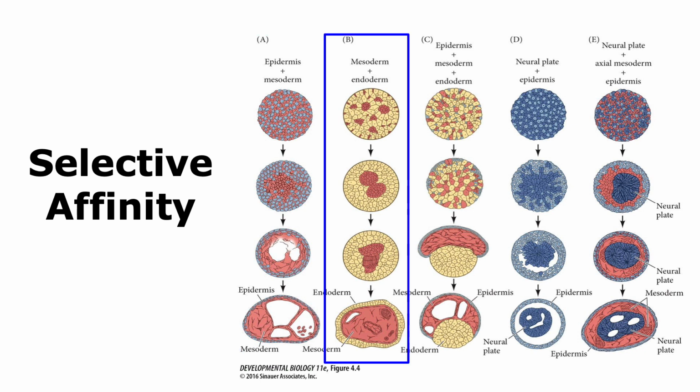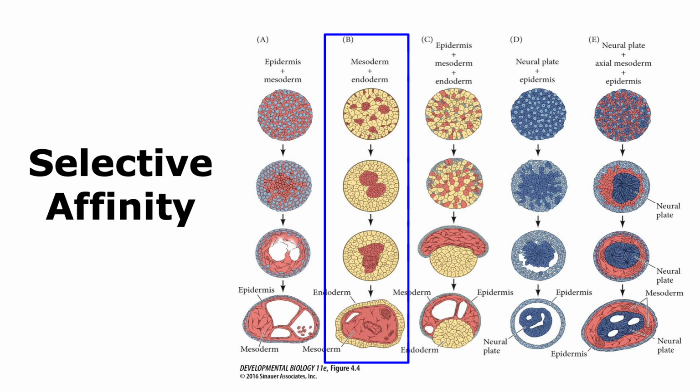Now let's do the same experiment but take mesodermal cells and endodermal cells. So they're dissociated from embryonic tissues and mixed together. In this case, the mesodermal cells are in red and the endodermal cells are in yellow. When we mix them together, they start aggregating with each other. And once again, we see more or less a uniform distribution of mesodermal and endodermal cells in the beginning. But as development progresses, in this case, now once again, we're seeing that the endodermal cells like to separate themselves